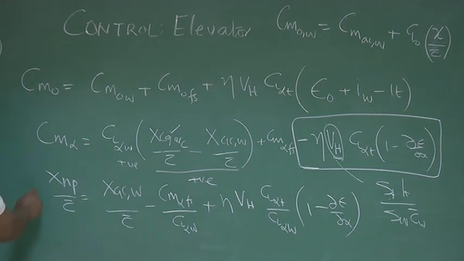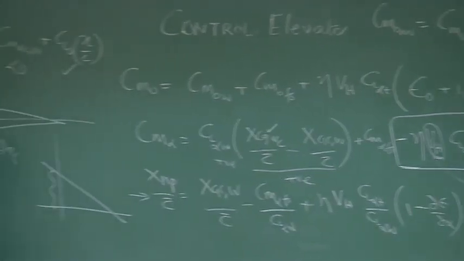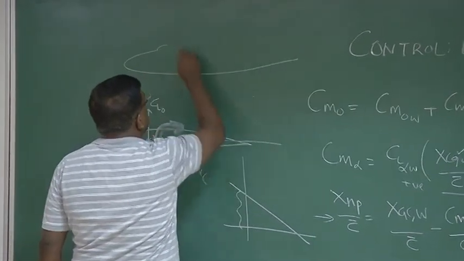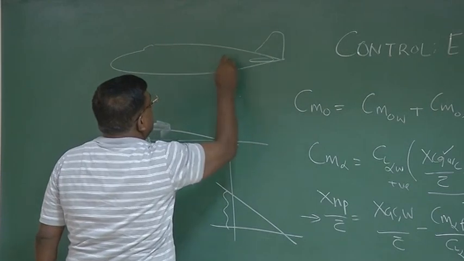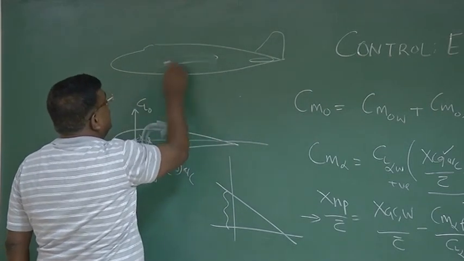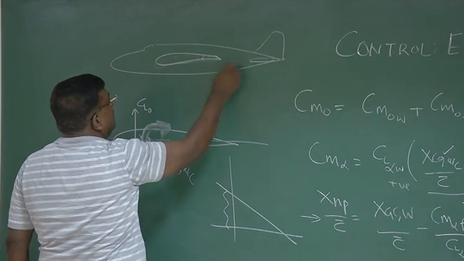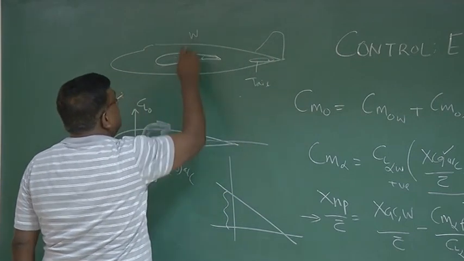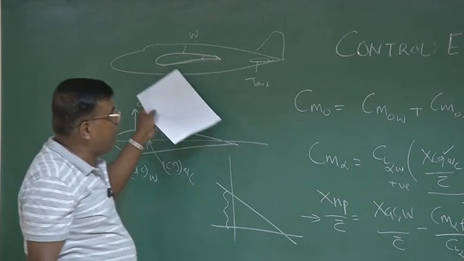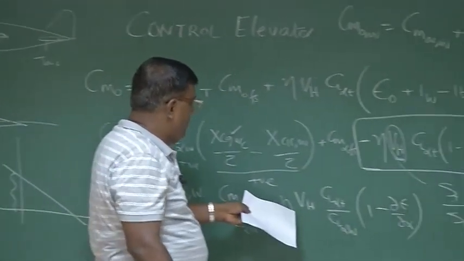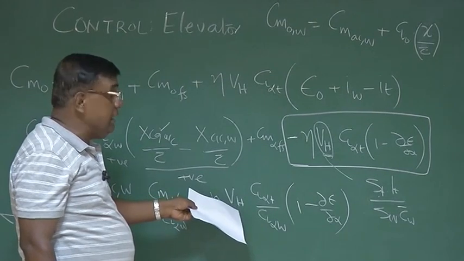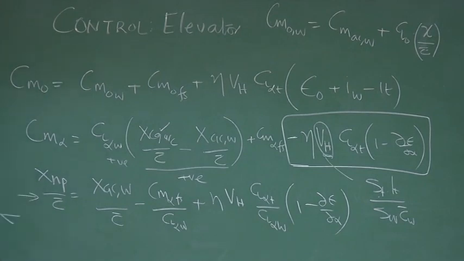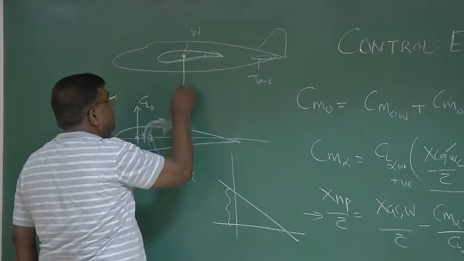And this man tells you what? As you are designing the airplane, there is a configuration. You have selected some wing, some tail. This is a tail, the wing, and depending upon its location of AC, location of tail, because tail volume ratio contains LT, all these things you can get a fixed number for neutral point. So let's say neutral point is somewhere here.